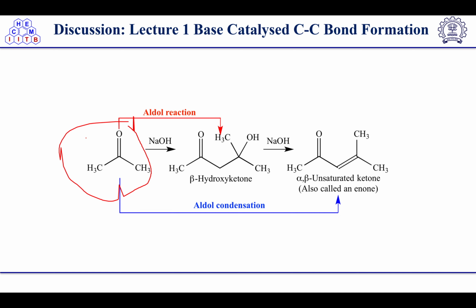Here we have two CH3 groups, and both have protons which are acidic because they are alpha to the carbonyl group. Because this is a symmetrical molecule, both protons have equal acidity, right? So the proton abstraction will take place, and we will observe the intermediate